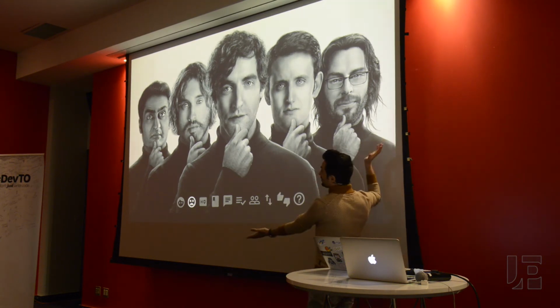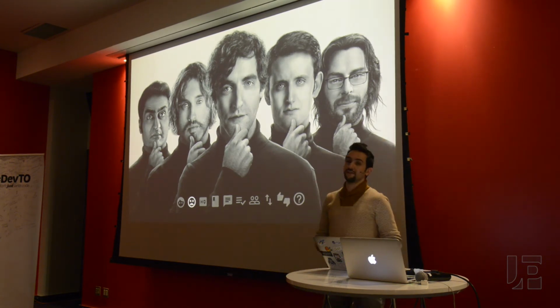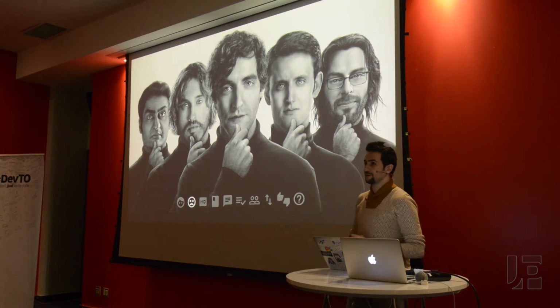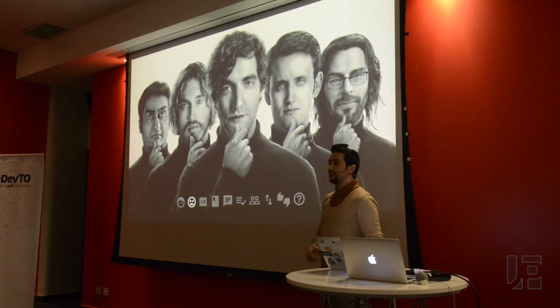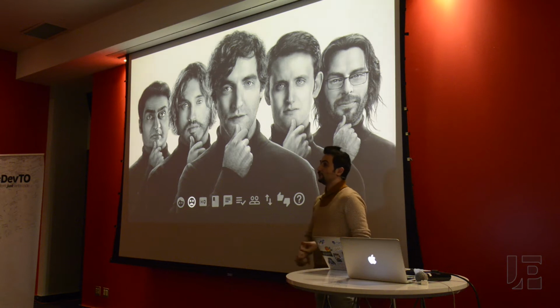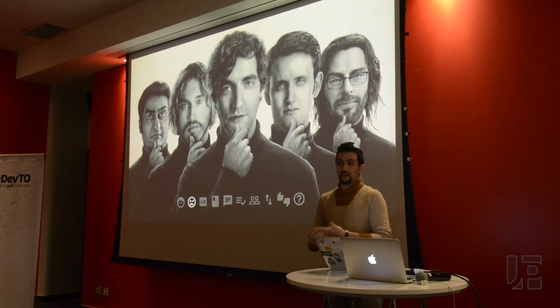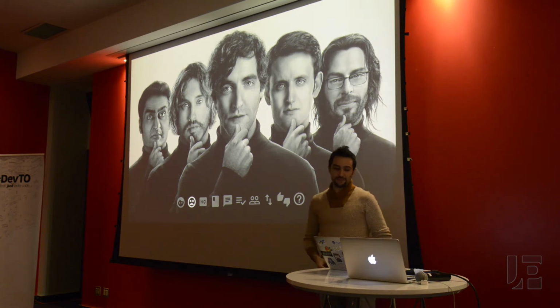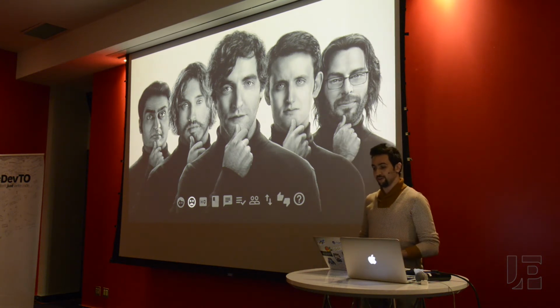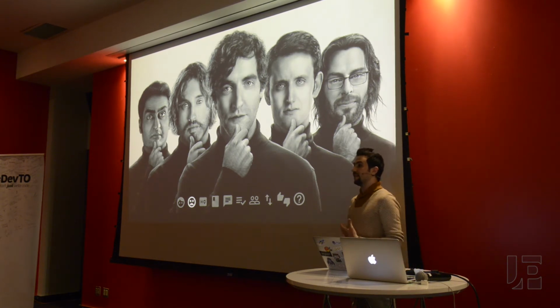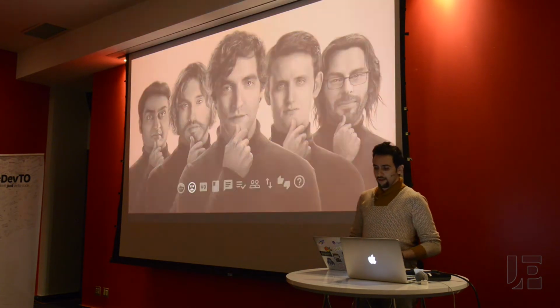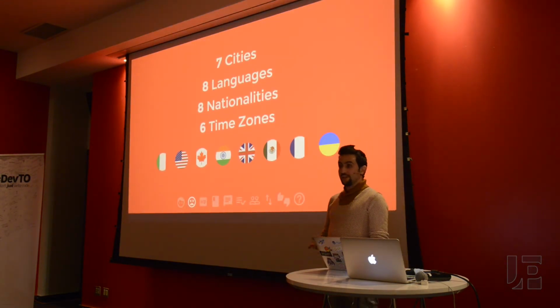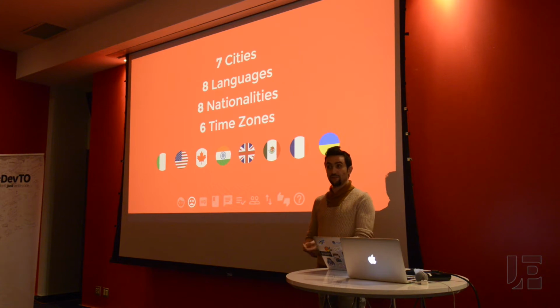These are our clients, companies that we serve, and as you can imagine from the stereotype of the show, they're very opinionated, very smart people. They're developers like you and I, so by nature they always think they can do things better, and we have to sell to them. We have to build technology products for developers, so that has its own set of challenges. But what that means to me is that they have very high expectations, and we should aim to meet those expectations. Our team is spread across 7 different cities. We speak 8 different languages.